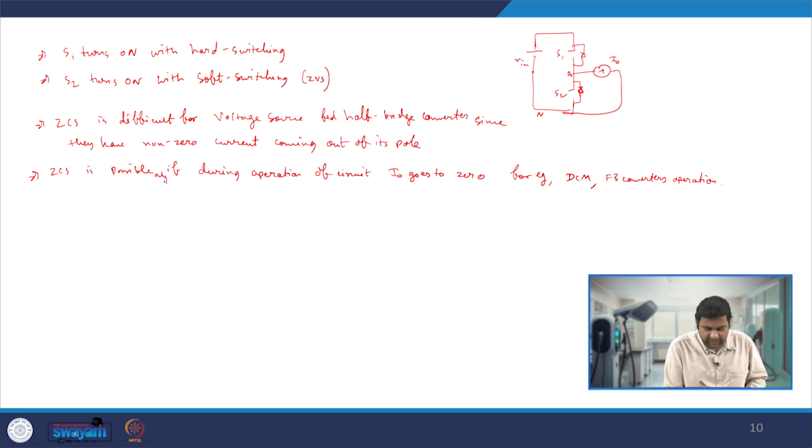So ZCS is difficult to achieve in this kind of system, but ZVS we can easily achieve. In this lecture we have particularly understood how soft switching can take place in the half bridge converter, which is the building block of any voltage source fed power converter. We will use this understanding in subsequent slides when we discuss the pulse width modulation of full bridge converters and the phase shift modulation of full bridge converters. These concepts are essential, and you will use them to understand the concepts going ahead.